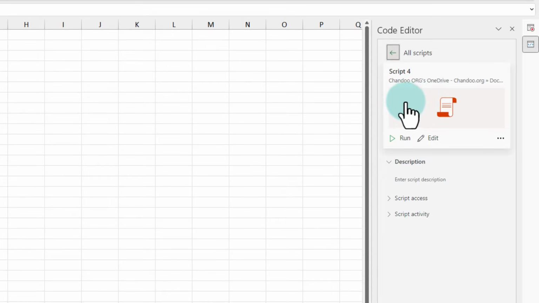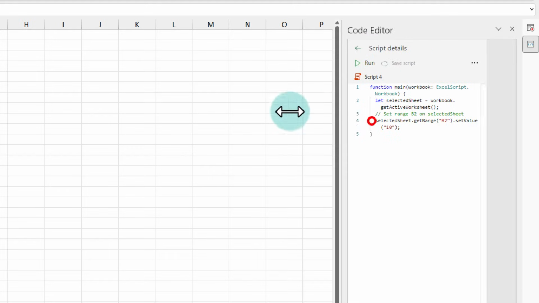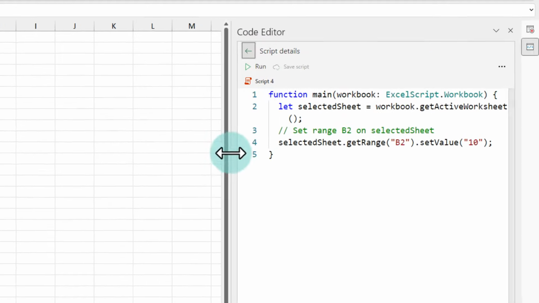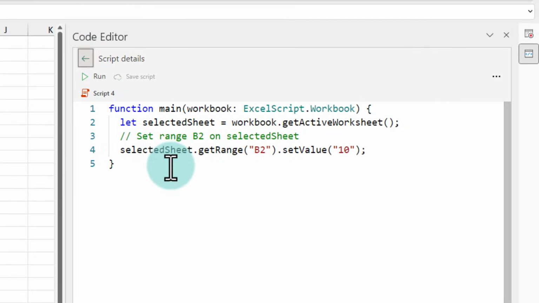This will generate some piece of code that does exactly what we have just done. So let's see what this looks like. This is the code. All right, that's better. So here is my script. Function main workbook: ExcelScript.Workbook, curly brackets, let selectedSheet = workbook.getActiveWorksheet(), selectedSheet.getRange("B2").setValue(10). So here is the piece of code that is basically setting the number 10 onto the cell B2